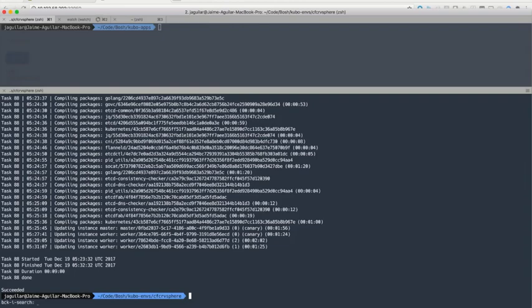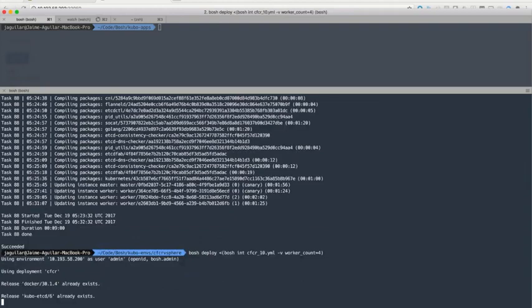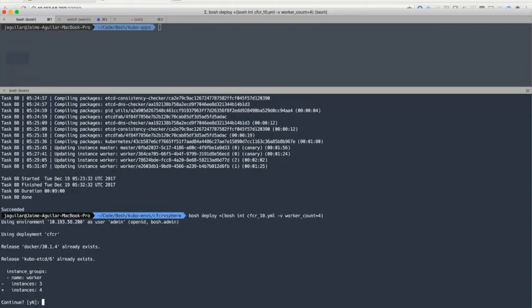So I'm going to repeat one of the commands that I ran before. Now instead of saying worker nodes count 3, I'm going to say 4, and I'm going to redeploy again. The only change that is detected is the number of instances. I'm going to say yes, and basically what's going to happen after is the number of workers is going to be processed by BOSH. It's going to detect that it needs to deploy one new instance, so it's going to create that new VM,